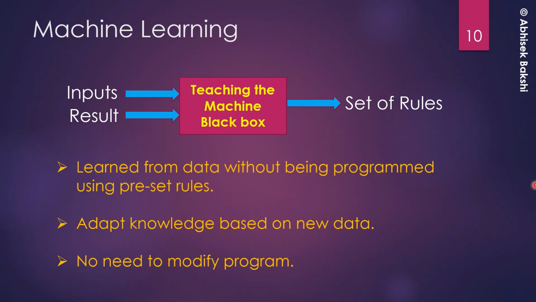This particular presentation, or the slide, you have already seen in the previous class. What this screen represents is that there is a black box. The black box has some knowledge by which it generates a set of rules, and that set of rules can be useful in future to predict some new input. For this we have to teach that box in some way. We must have some input as well as some result to showcase to the box that for this input the output should be something like this, for this set of input the output will be something like this. In this way, for various examples,